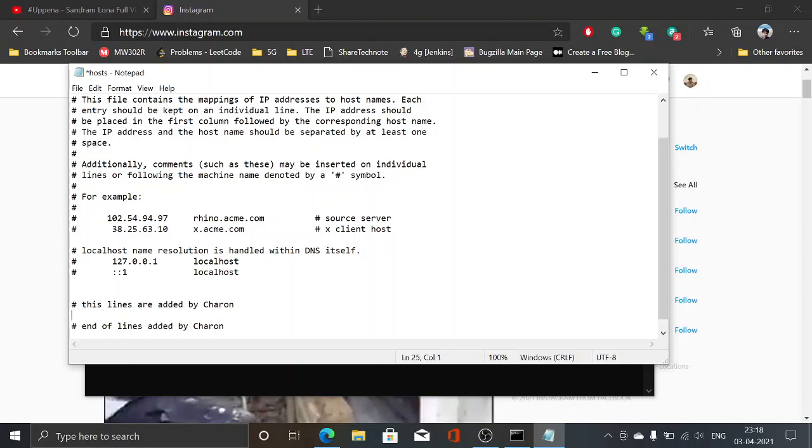So here I will enter localhost, which means 127.0.0.1. Here I want to block YouTube, that's why I'm mentioning www.youtube.com. And I also want to block Instagram, so I will include Instagram.